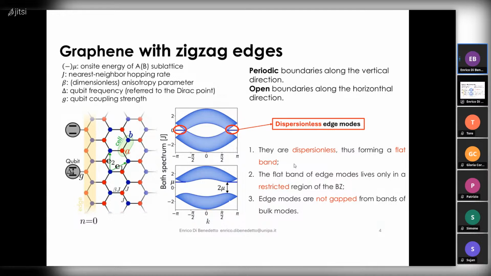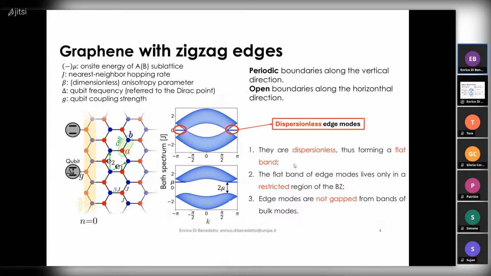In particular, if we focus on a single sheet of graphene, we assume periodic boundary condition along this vertical direction and open boundary condition along this horizontal direction. So we have an infinite amount of cavities along the vertical direction, periodically arranged, and also an infinite amount of cavities along the horizontal direction, but with a hard edge here. If you terminate your lattice in this fashion, which is called a zigzag edge, then what happens